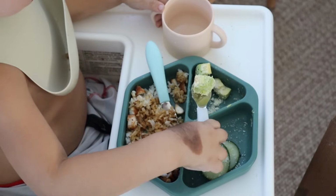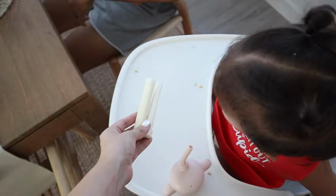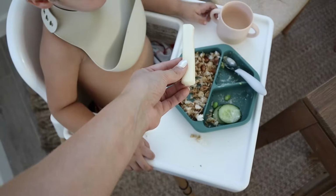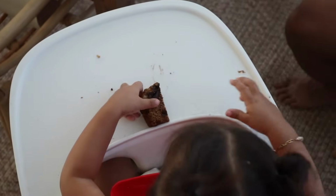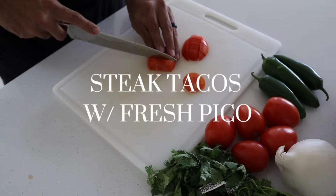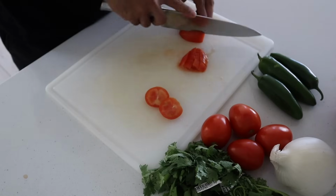But joke's on me, because this first recipe that I created, my kids did not eat any of it besides the avocado. And of course they made me put cheese on it, and then they asked for string cheese too. So I wanted this to be very realistic, and I want you guys to understand that is perfectly planned. You can make things, and as well as you could try and serve something to a child,